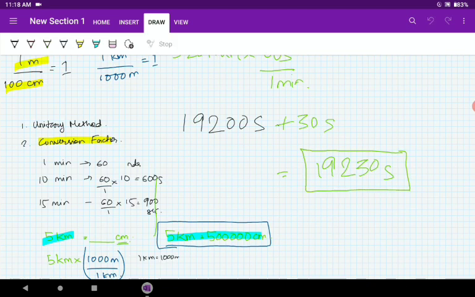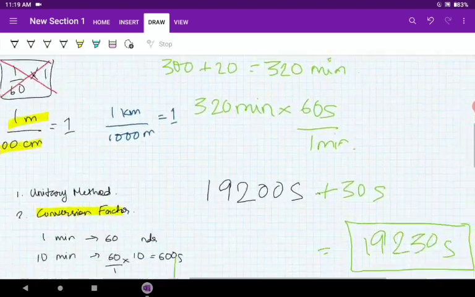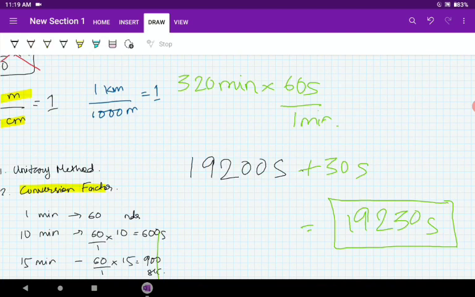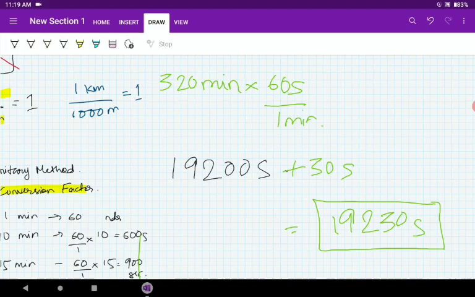See, again you can understand that it is easy to write 5 hours 20 minutes and 30 seconds rather than confusing someone by writing 19,230 seconds. If you tell this, he won't be able to understand how much time you took. He will say you took much longer than he did. He will say I took 6 hours, you took 19,230 seconds. It is a very much longer time. So I hope we are clear about unit conversion.